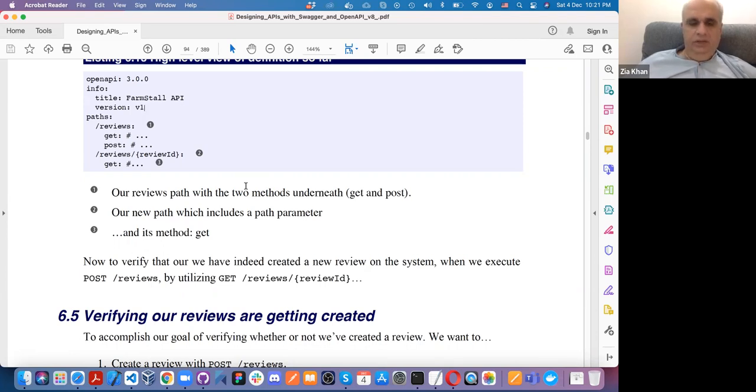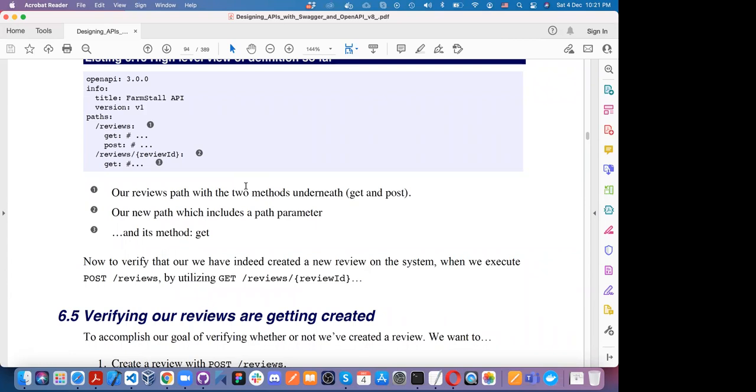Anis, would you like to add anything before we close our class? I don't think so, sir. Things are very easy today, unlike other classes, because I have spent a lot of time on API designing. So now things are very easy to comprehend and easy to follow.